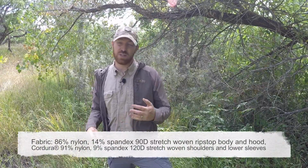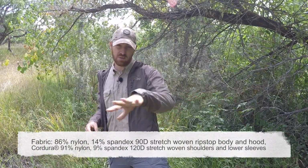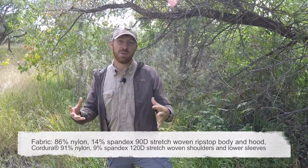Awesome. So for a few specs and dimensional stuff for you here, everything's YKK zippers on this. It's made out of Cordura nylon as well as with some spandex, and I'm going to be annotating it in the bottom here as we're talking the material,